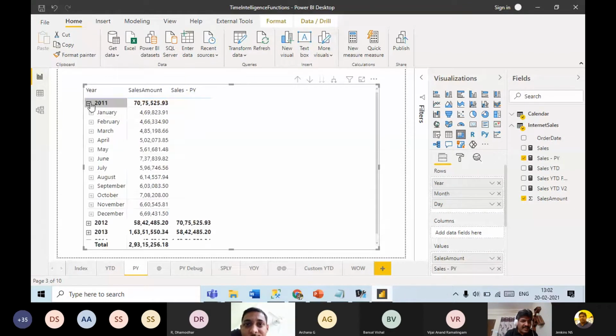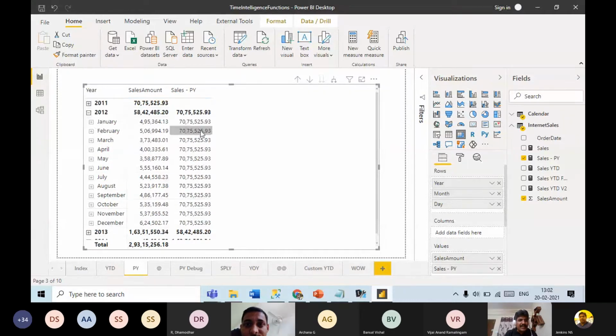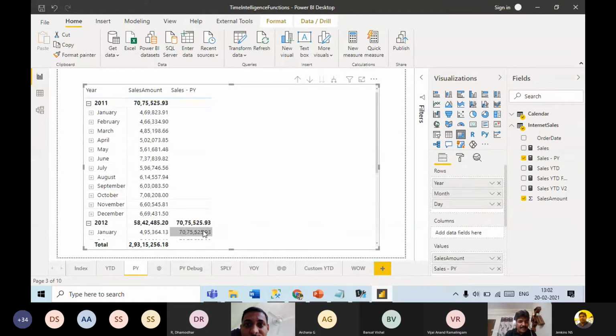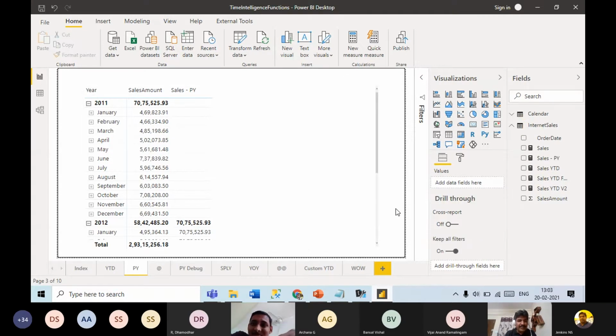How I can do previous year aggregations or calculations, data manipulation by using the previous year function. Let me expand and see here. So there is no previous year for this, so it did not put anything. Let me expand and see here. But at month level, I was expecting it will put last year January data, but it has not. It has put complete last year data at the January month level. So you can see that previous year will not be suitable at month level. For that, the previous month function is there. But I'll show you a demo of which function we can use, which works at year level, month level, and day level also. Okay.